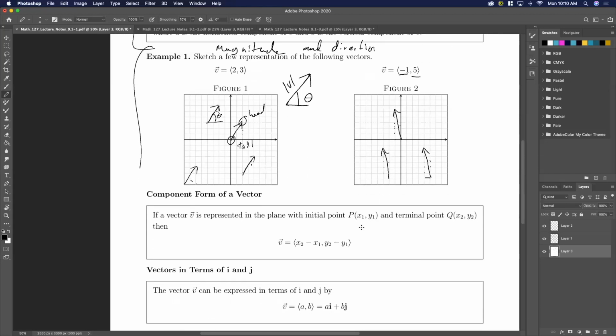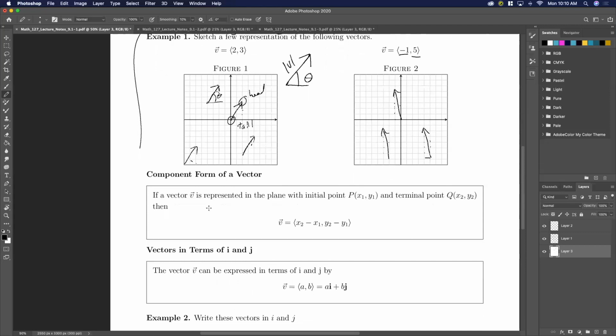All right, the components of a vector. If a vector is represented in a plane with an initial point, P, and a terminal point, Q, so here we can also say instead of head and tail, initial and terminal point, you can calculate the vector just by taking the difference in x's and difference in y's, something we've done. We've done 1,000 things like this. And so here, if I was going to just use this one as an example real quick,